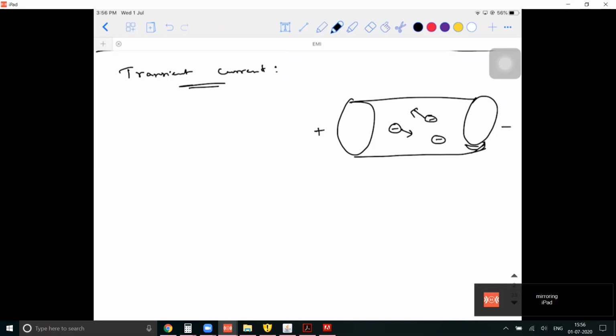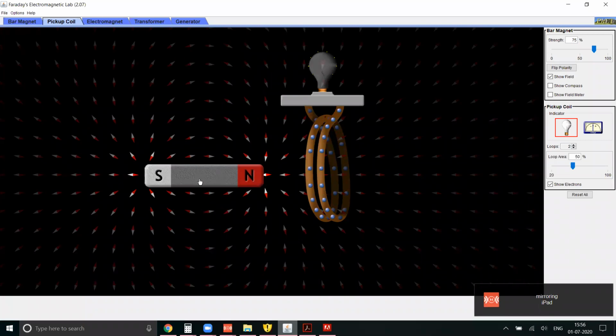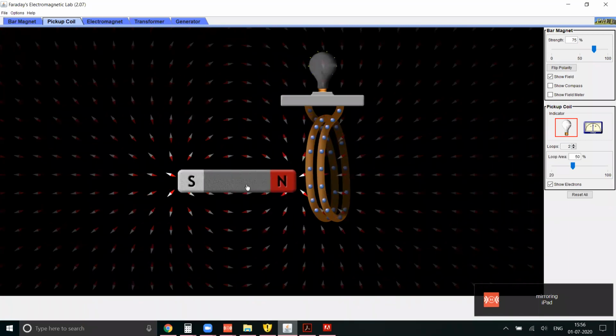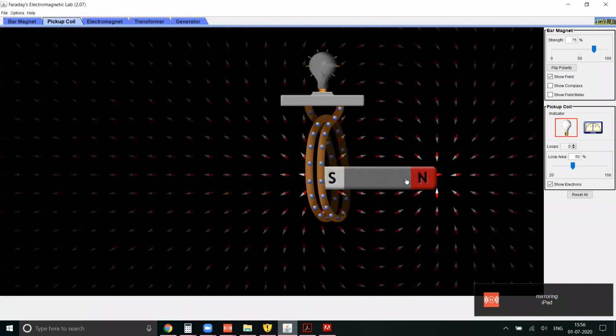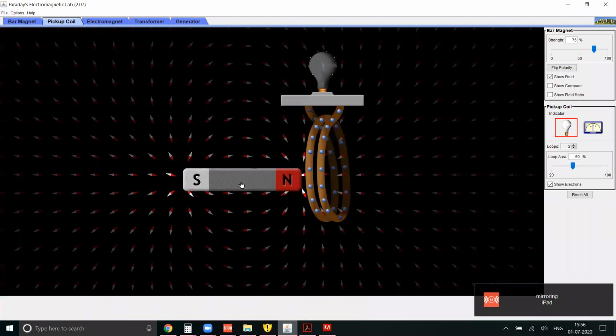Electric field is created by the external force, that is nothing but a battery. When you do this, the electrons get drifted and they start moving in a particular direction. So what is happening here? In the simulation which I showed you, are the electrons moving in a fixed pattern, or are they moving randomly? Fixed pattern, right?